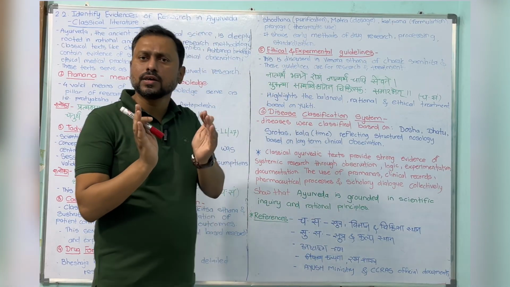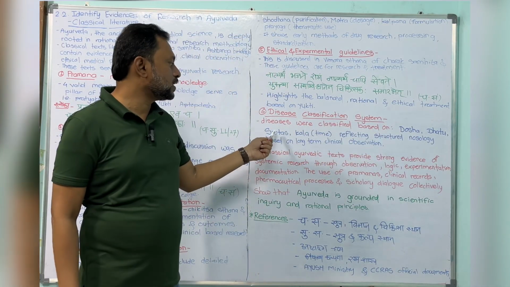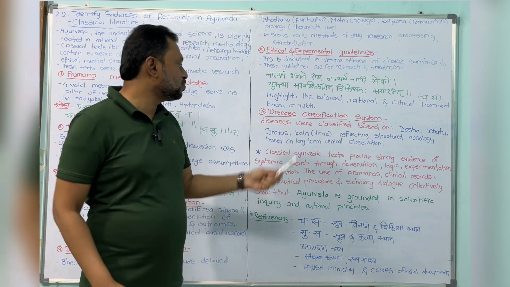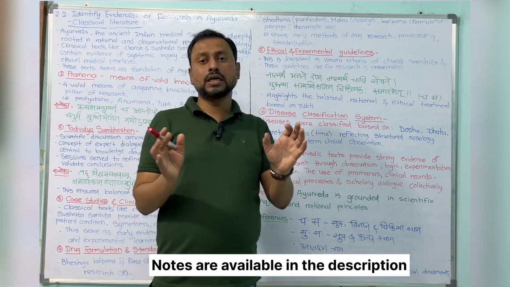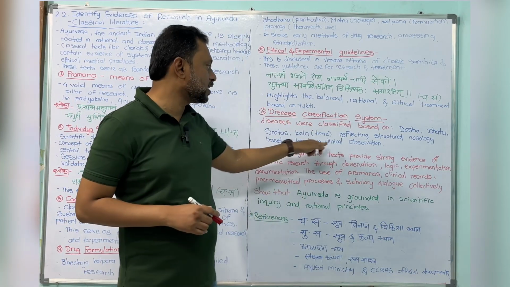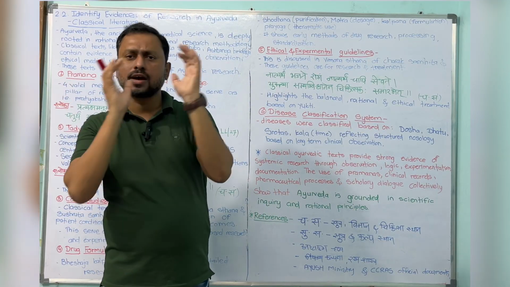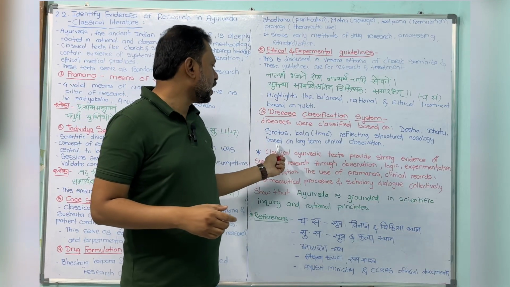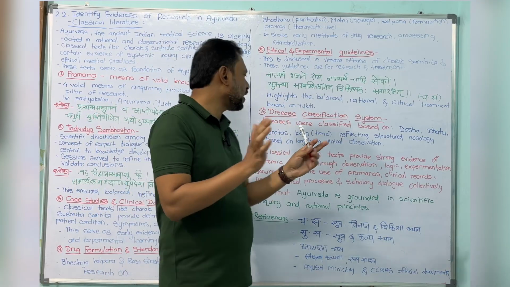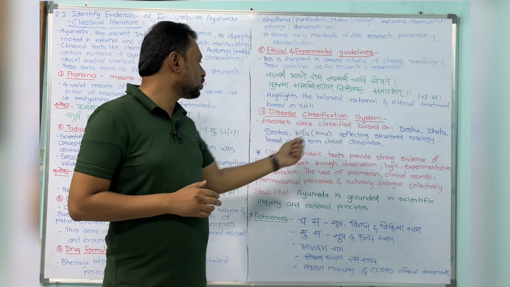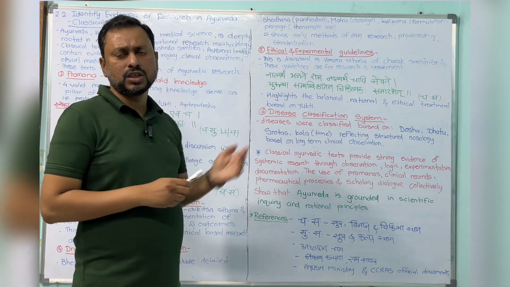The diseases are classified based on the doshas, dhatus, srotas, and kala, which reflect a structured nosology based on long-term clinical observations. It means that after long research and observation, many times over, they concluded and classified the diseases based on dosha, dhatu, srotas, and kala. These references are available in the Charaka and Sushruta.